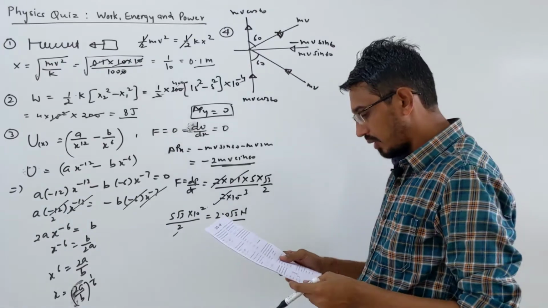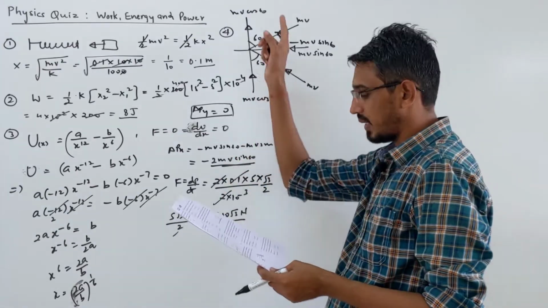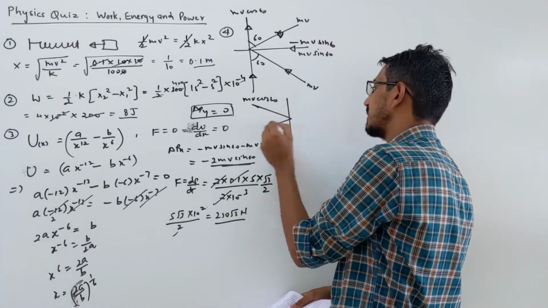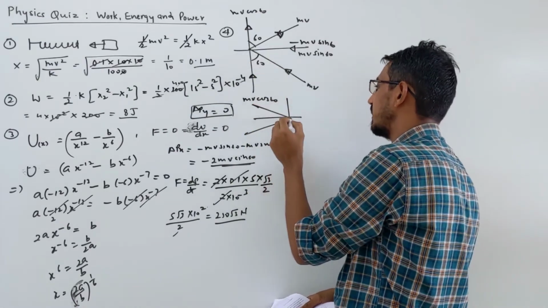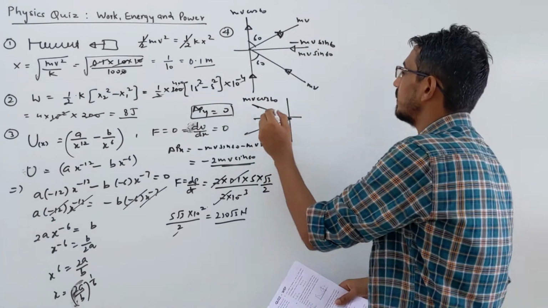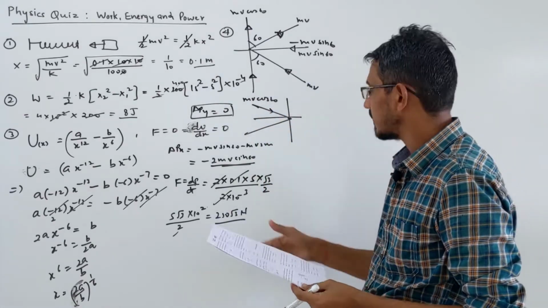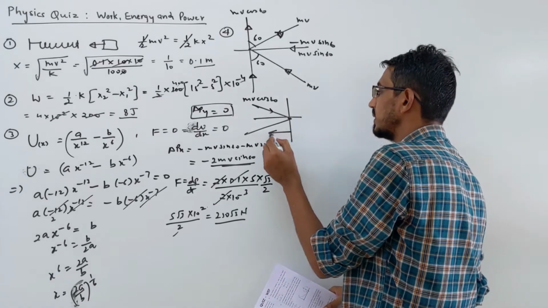And now let's see the direction also. First, I drew the picture opposite, so it doesn't matter, but the direction will be wrong if I go according to that picture; the calculations are okay. They are asking, what is the direction of the force applied on the mass by the wall? The wall will apply a force in that direction.